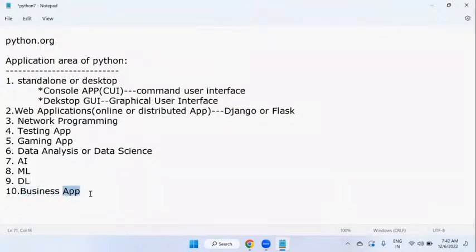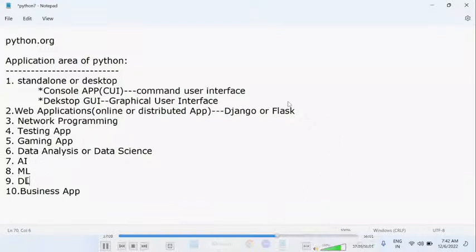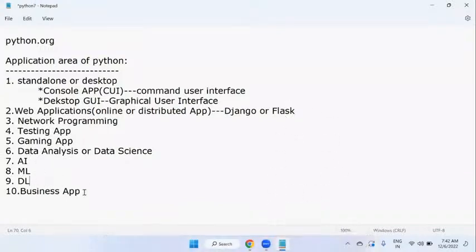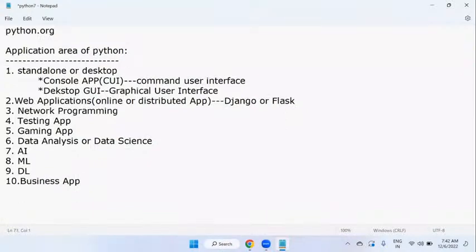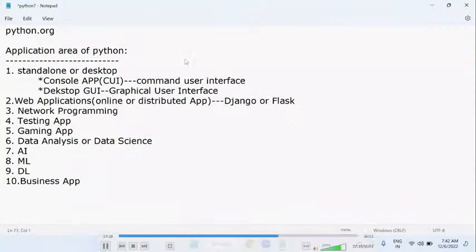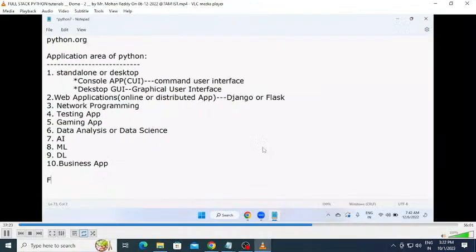So this is the basic application area of Python, and we can do a lot more. Web applications, network programming, testing, gaming, analysis and data science, artificial intelligence, ML, DL, business applications, and many more. So this is exactly the application area of Python development. Using Python, we can develop these applications clearly. And some important basic